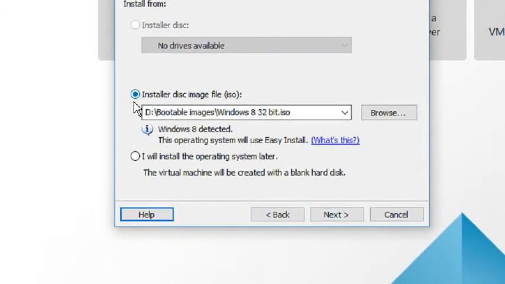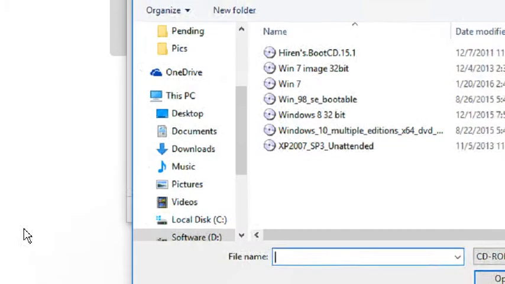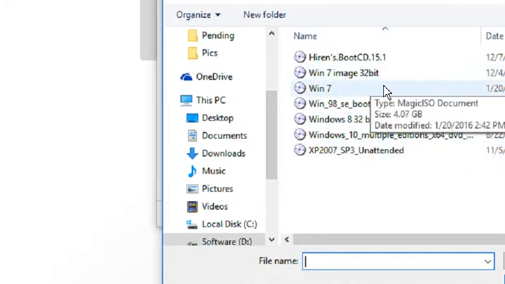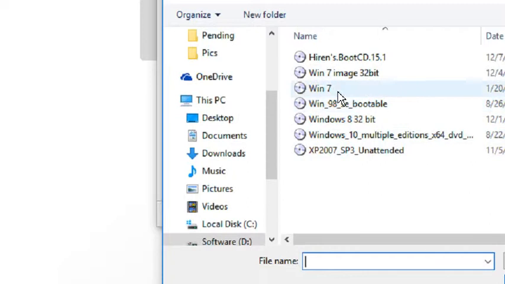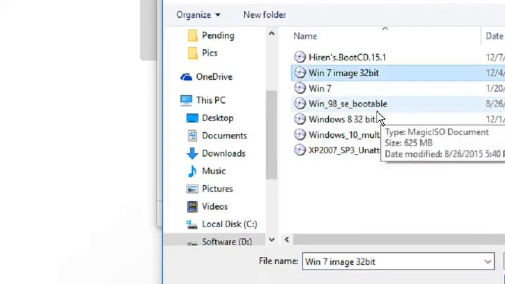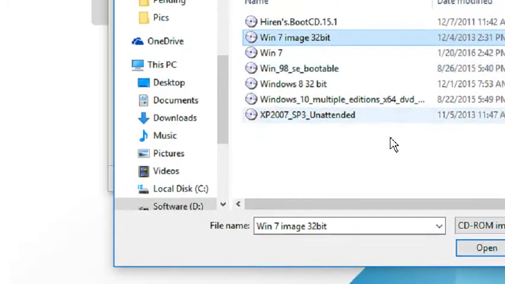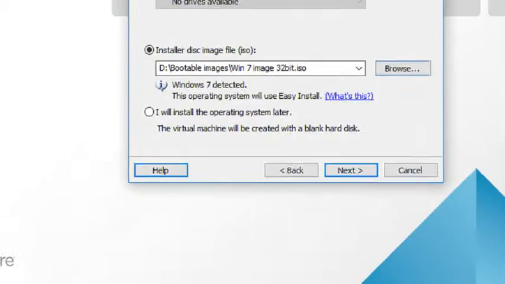After that you have to give your Windows ISO file path, like I have given here. I have Windows 7, 8, 98, 10, XP. I already told you that we will install Windows 7 in this virtual machine, so I have selected the Windows 7 ISO image.